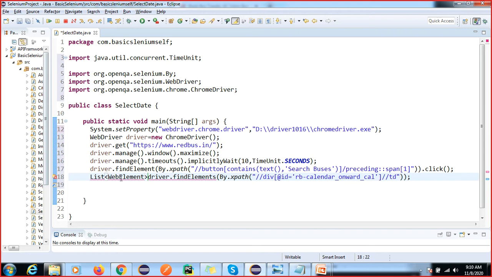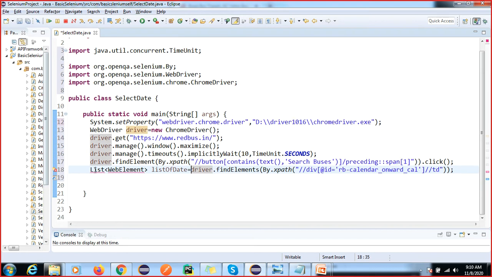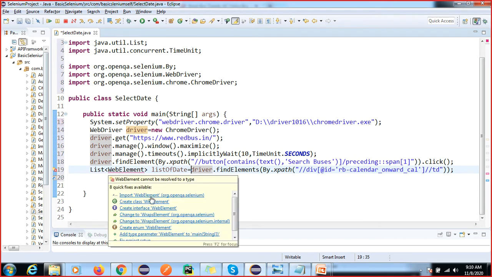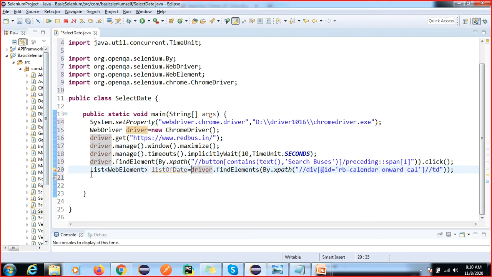See, the concept is the same, only a list of dates. So we are using a list of dates here, right? Now import this. I will also import this. Now what you have to do: all these multiple objects, the return type is a list, and it is storing them as objects, right? If you remember how objects are stored inside a list, we can now use a for loop.